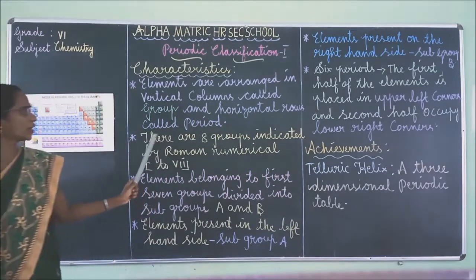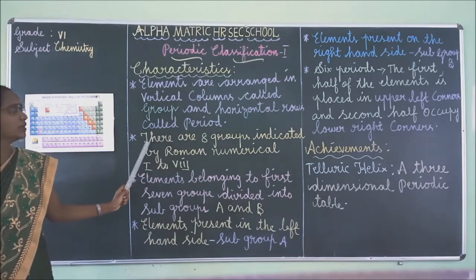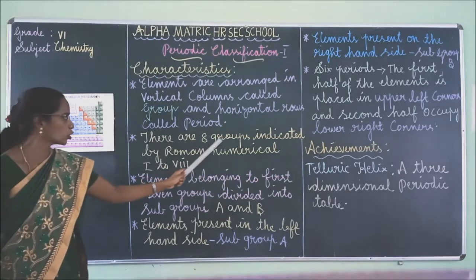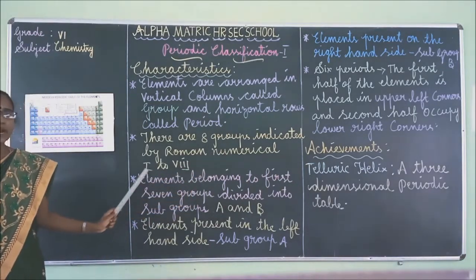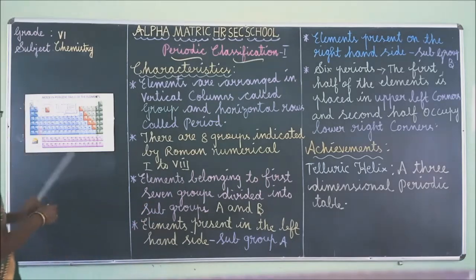Next one, there are 8 groups in Mendeleev's periodic table, indicated by Roman numerals starting from 1 to 8. Where are the 8 groups? This is the first Roman numeral. Second one, 3,